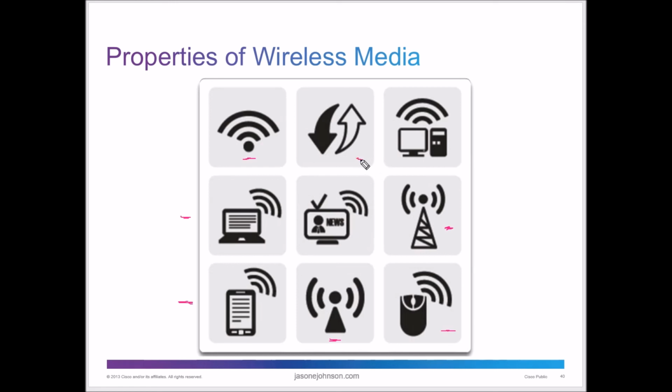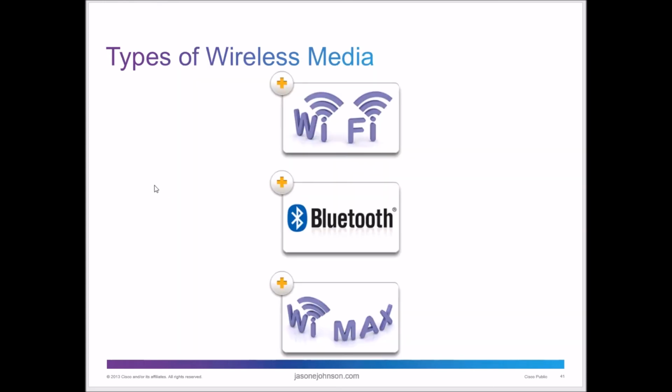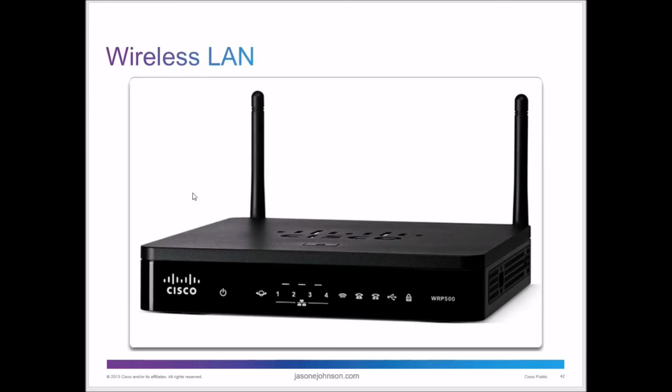Or you have a network connection, maybe a smart TV, along those lines. So you're going to see these different icons in the Cisco world when you're dealing with putting things together. You're also going to see some different types of media, either Wi-Fi or Bluetooth. And in your course, you should have more information on these. I'm not going to spend a lot of time talking on this in this video. We're going to wrap it up. But inside the Netacad course, you're going to have a lot more material on these. That's a wireless LAN router there.